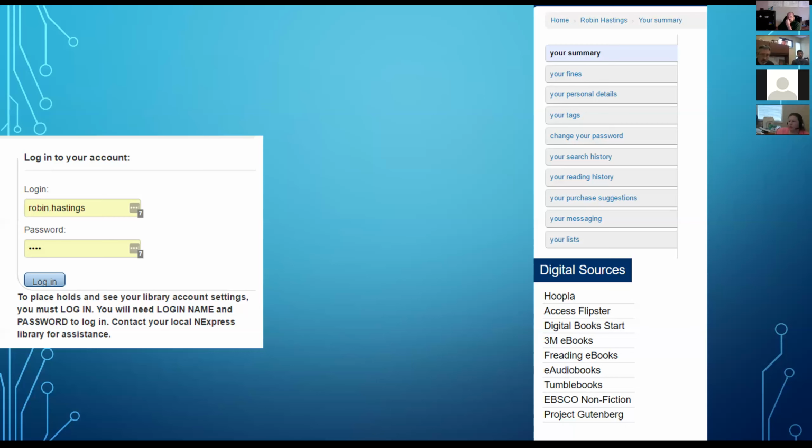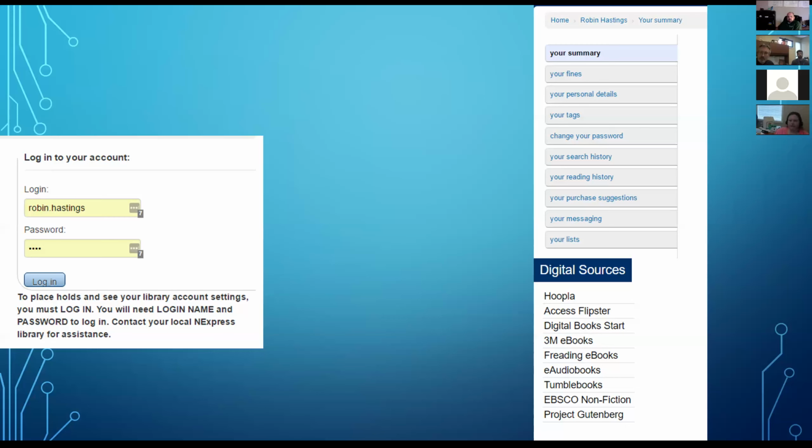Okay, so purchase suggestions, those are things that people have asked for us to purchase. I would like to encourage you all to check your purchase suggestions. Patrons can put them in through the OPAC. On the staff side, you will see what items have been suggested by your patrons, and then you can go through and accept them or reject them. Often people will ask for stuff that we actually already own, but they couldn't find for whatever reason.